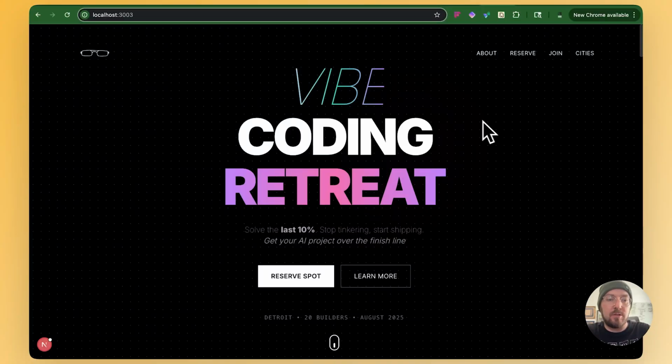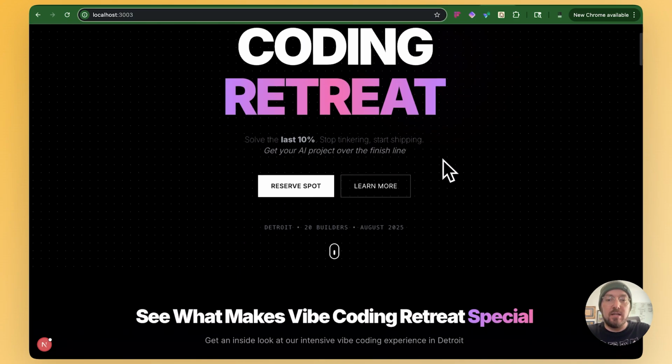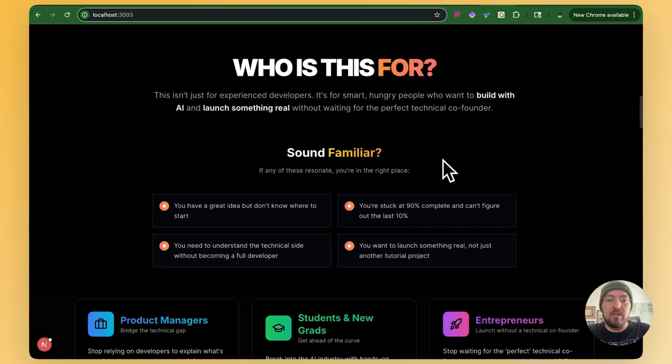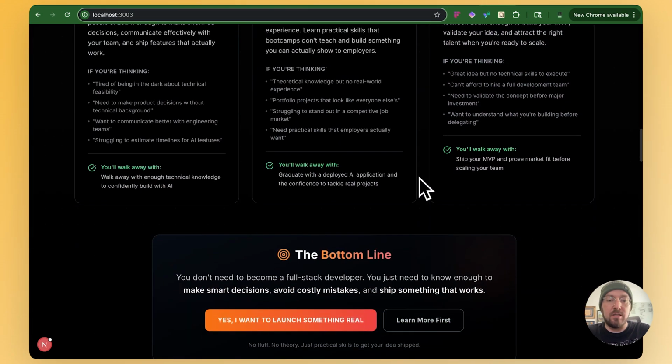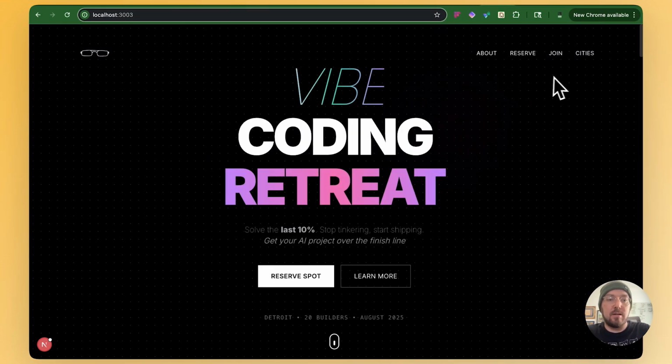All right, so I'm continuing my journey in programmatic SEO, and I'm focusing on the Vibe Coding Retreat. So again, this is a local cohort that I'm putting together where basically I'll be in different cities and want to connect with other builders where we can go and build something. The idea is that you have your concept, I'll help you code the last 10% and get everything over the finish line. So all of this has been coded in V0 and Cursor,